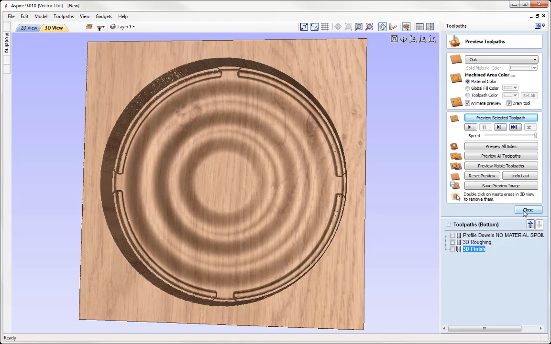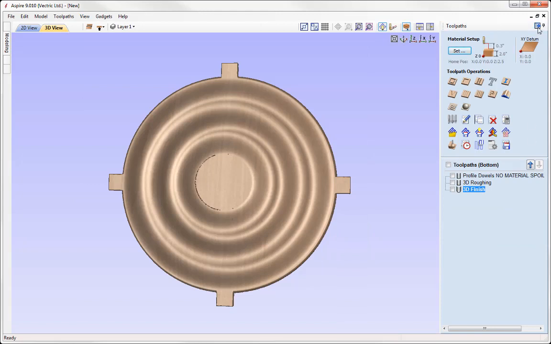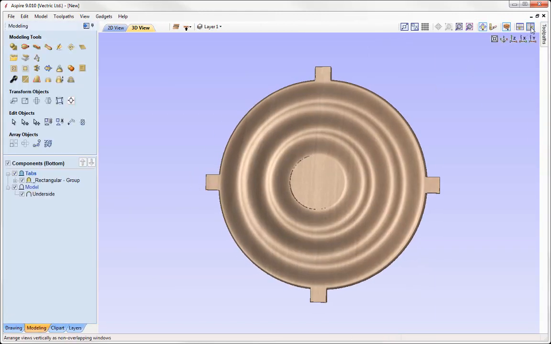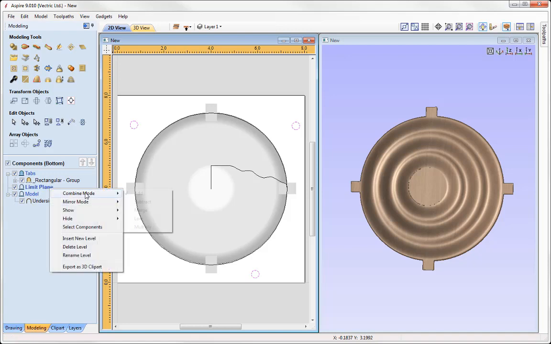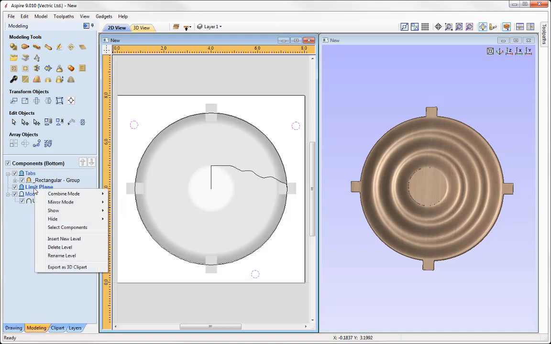So let's just close out here, and I'm just going to switch over to the drawing tab. We're going to tile our windows, and then on the bottom side I'm going to right click on the model level to insert a new level, and then we're going to rename that level. I'm just going to call this one limit plane, and then we're going to set the combine mode of that so that it's merging. So I'll just right click there, set the combine mode to merge,